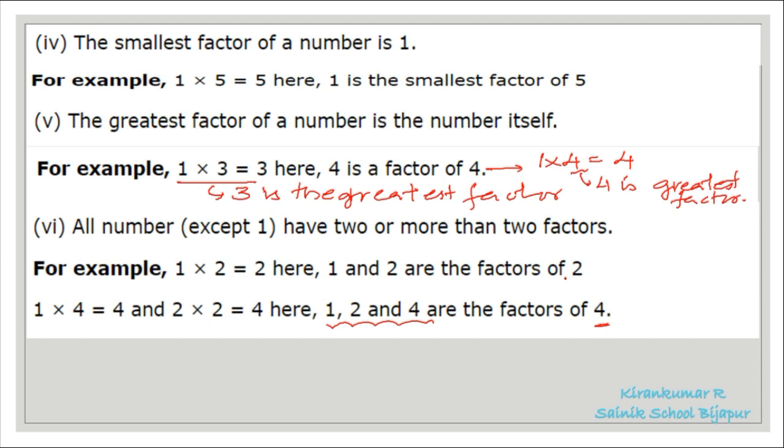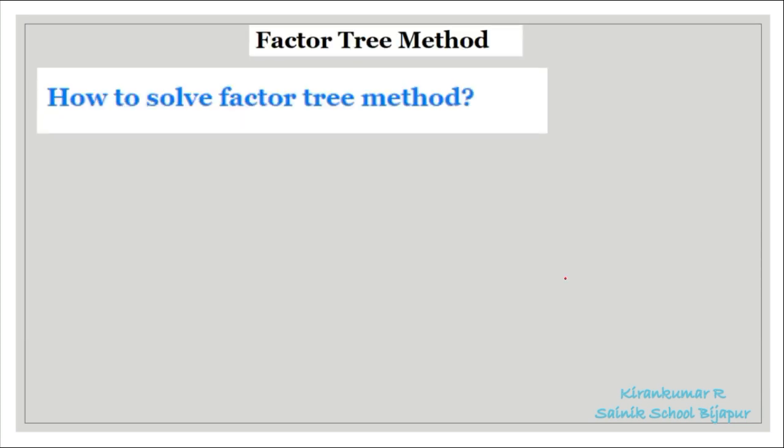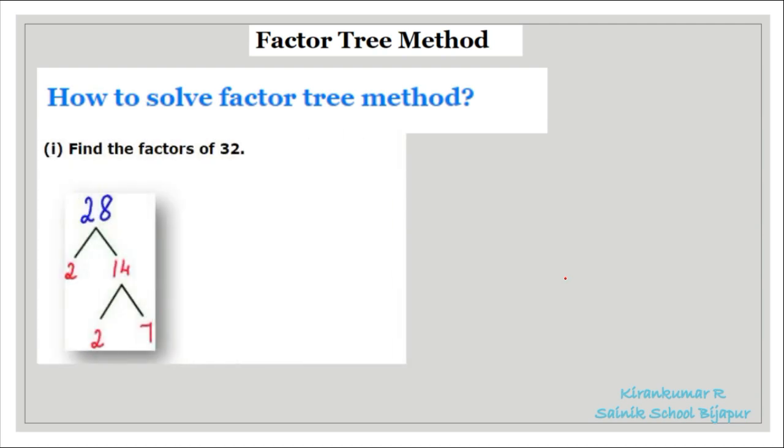There is a method to find the factors by using a tree. It is called the factor tree method. How to solve using the factor tree method? Let me give some examples. To find the factors of 32,